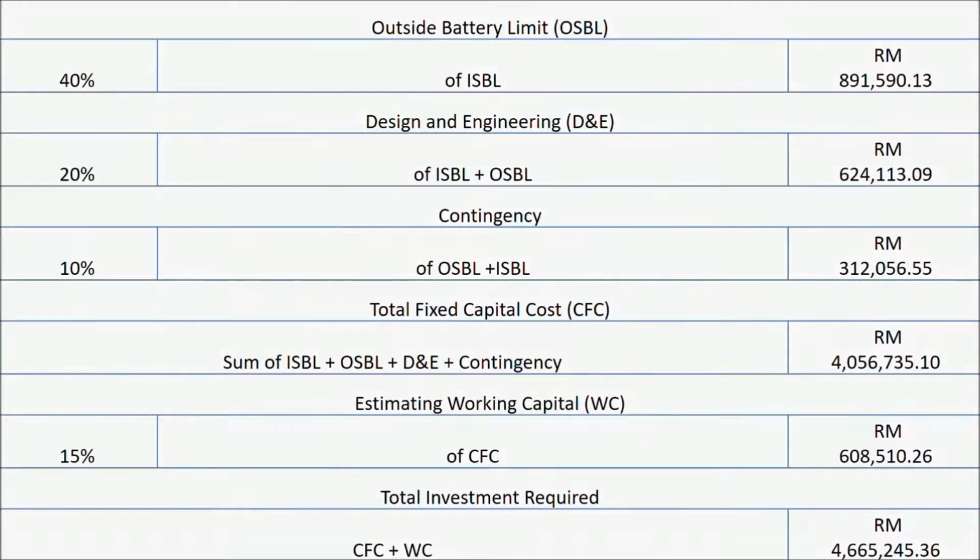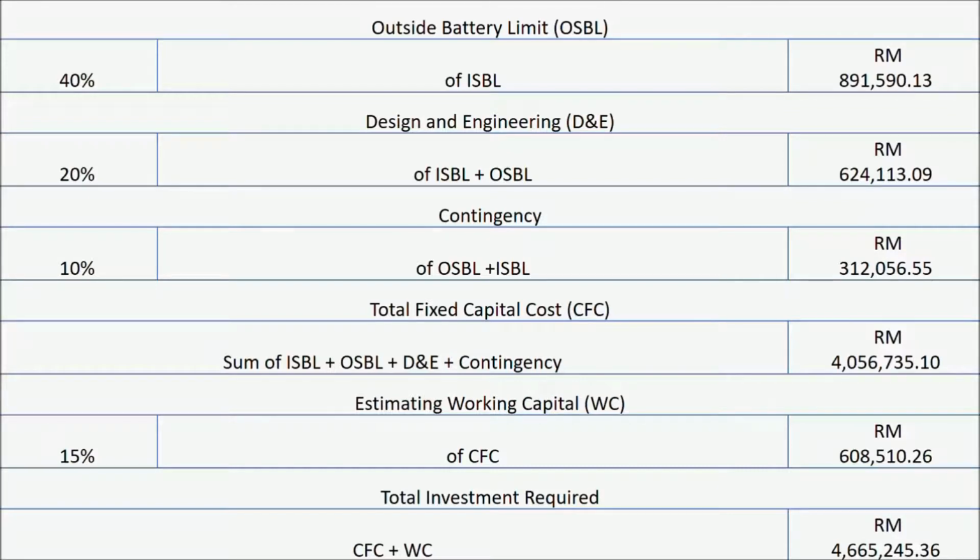To find the outside battery limit, we multiply it by 40% of the ISBL. We got around 0.9 million. For the design and engineering, we multiply by 20% of the sum of ISBL and OSBL, and we got around RM 0.6 million. For the contingency, we multiply by 10% of OSBL and ISBL, and we got around